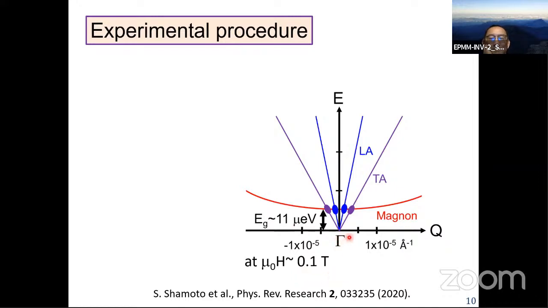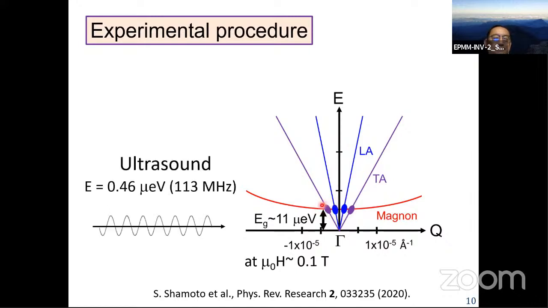At the gamma point, in addition to the magnon dispersion, there are longitudinal acoustic phonon dispersion and transverse acoustic phonon dispersion. So there are crossing points, so-called magnon polarons, here. Then we apply ultrasound with this energy. This energy is very small, within this energy gap. Then we measure this energy range,